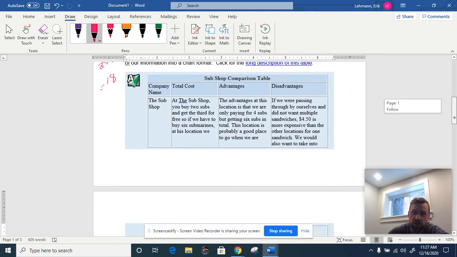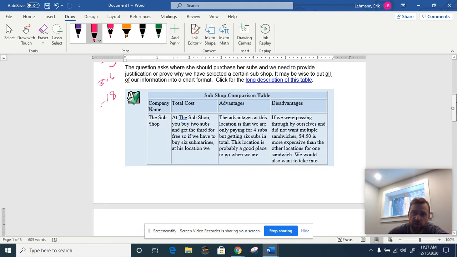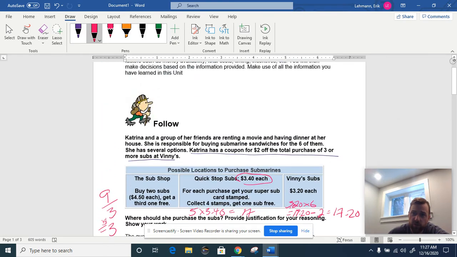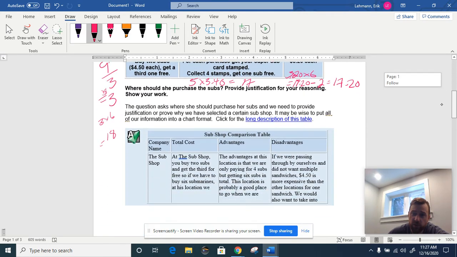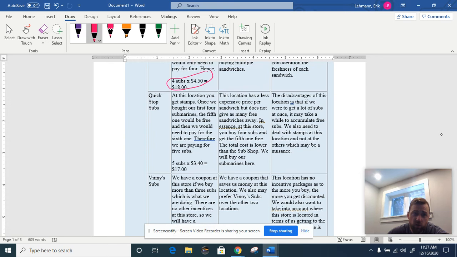Disadvantages here, obviously, is that if you're paying $4.50 per sub at the first place and you're only getting 1, it's going to be a little bit more. So quick stop, same thing. 5 subs times 3.40 is $17. You explain here, and I'll give you a chance. I don't need to read this to you. You can read this stuff and see the kind of things that they're putting in there